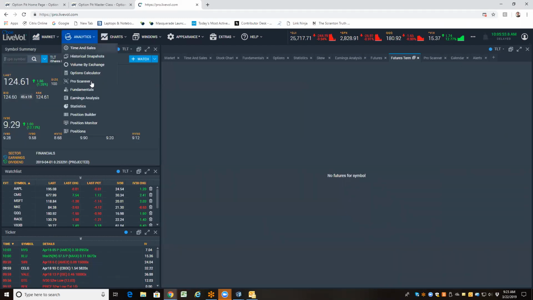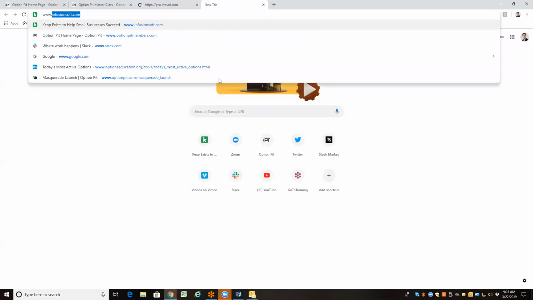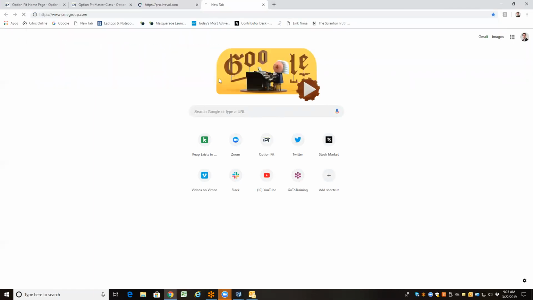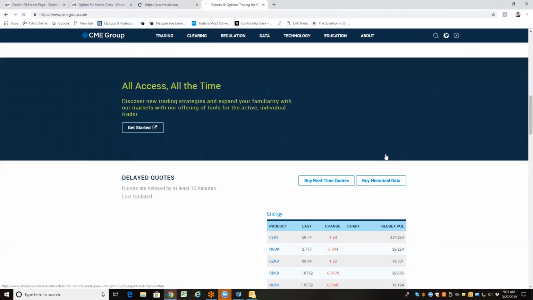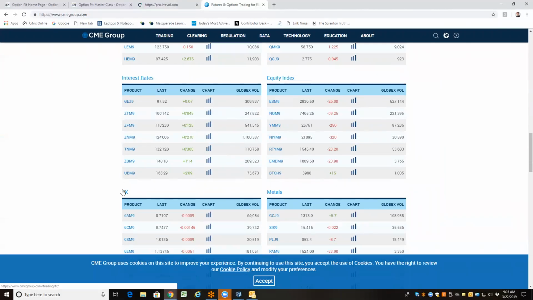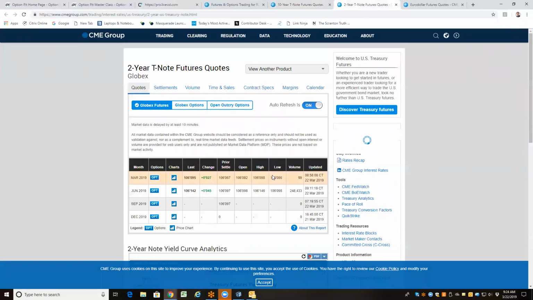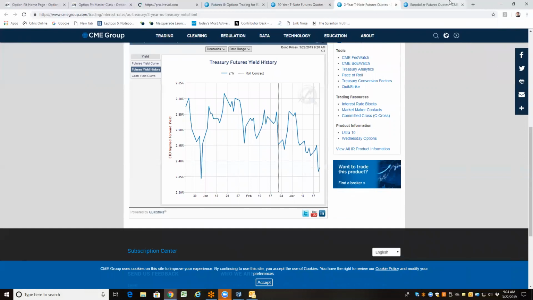The other piece, pointing out the yield curve. Look at the U.S. yield curve here, folks. Go to CME, and I want you to look at where bond prices are. They're all popping. And let's look at the interest rate on the major notes. You can see the yield on the 10 years about 2.42. The yield on the 2 year is a little under